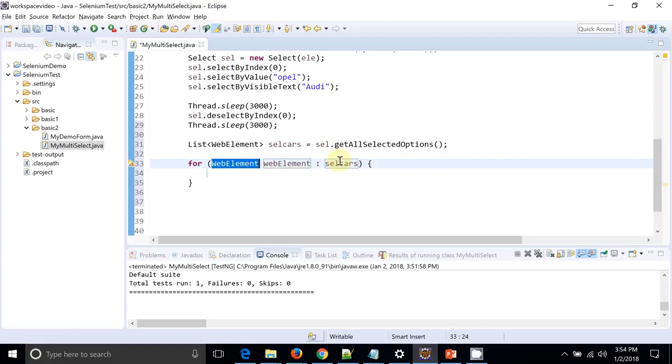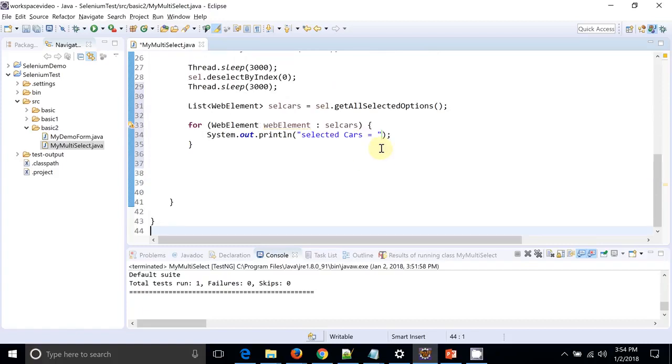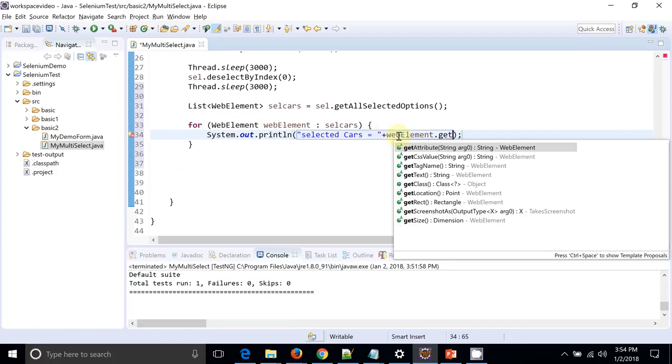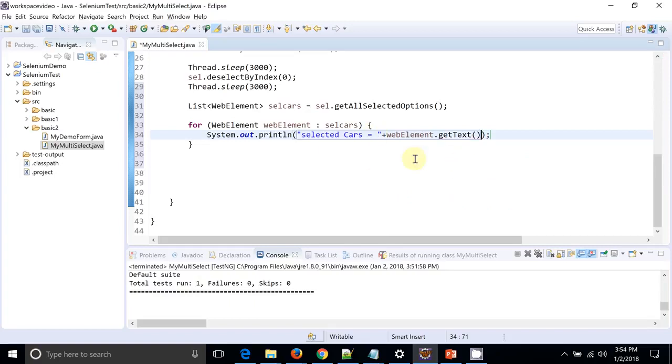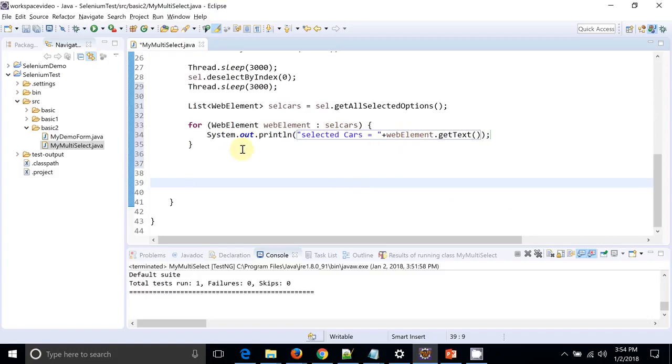You can see this is the for loop that we are using, and sys out selected cars is equal to plus web element dot, because it's an element, we want the text of that particular element. So now you will get all the selected element texts.